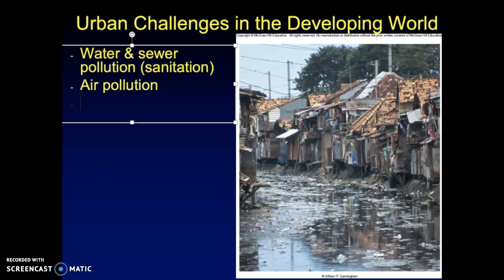Air pollution. Go back to that unit. Big problems in certain urban environments in the developing world. So, we've got lots and lots of pollutants, particulates, etc., creating air pollution problems in developing countries. And then, depending on the urban environment,